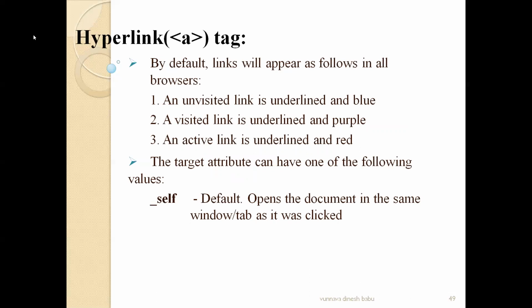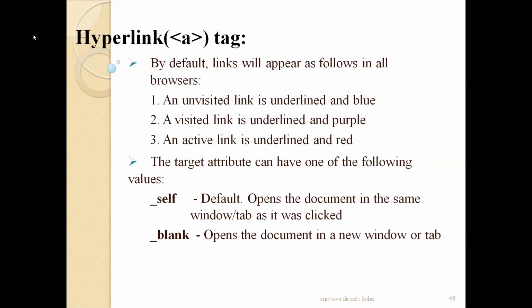when we make a click on the particular link, the target of that link will be opened in the same tab. For example, we have linked an image to a particular link. That means that image will be opened in the same tab when we provide underscore self to the target attribute. So when we provide underscore self to the target attribute, the link will be opened in the same tab. And next one.